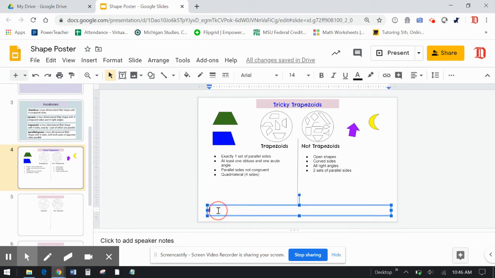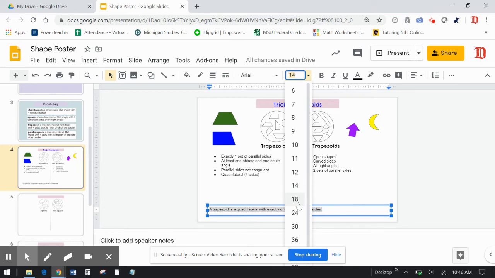So I'm going to put a trapezoid is a quadrilateral with exactly one set of parallel sides. Okay. Now another thing, and I know definitely my class knows how to change the size of fonts and to